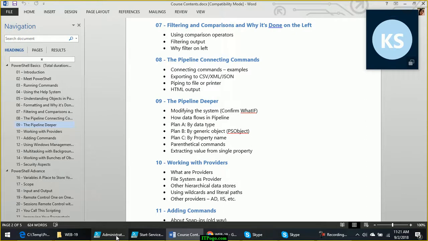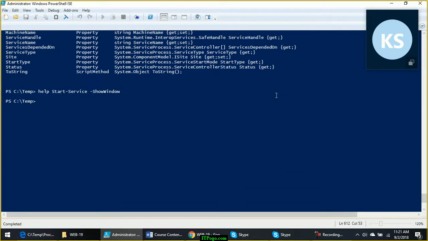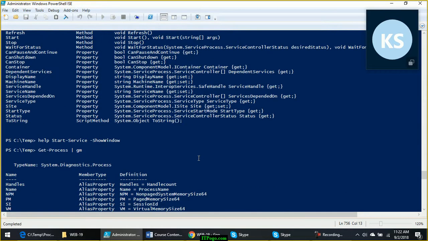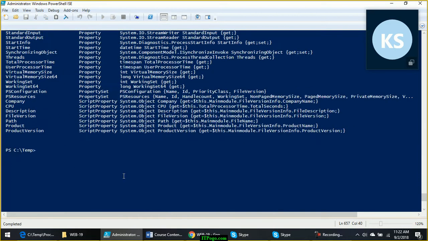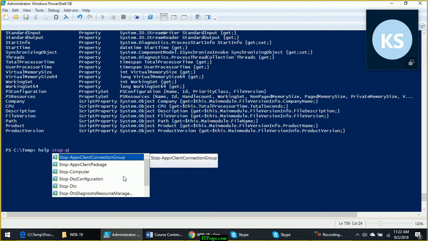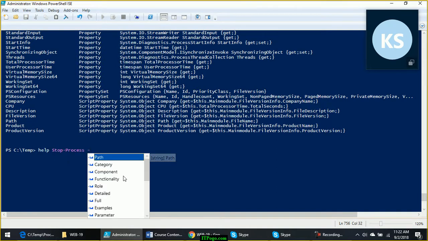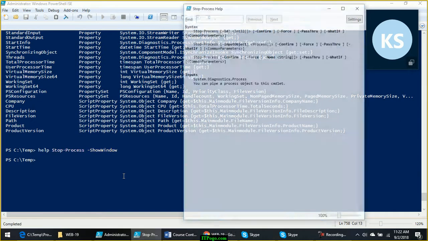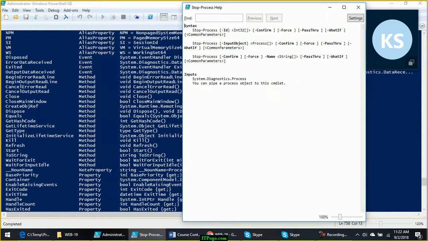That's why, let me show you another example now. When you use get hyphen process, now pipe it to get member and look at the type. What is the output object type? It is system.diagnostics.process, right? Now if I look at the help for stop process in a new window, look at this.